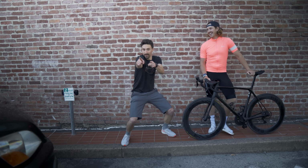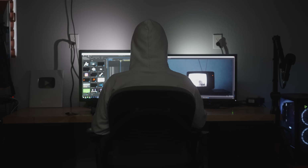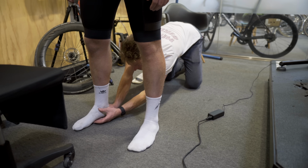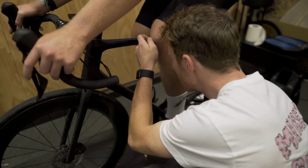Okay, so full transparency, we actually got his fit last week with our boy Jackson up at the Mike's Bikes in San Rafael. But I've been really busy editing this week, so I haven't ridden my bike yet, which I'm looking forward to. We're going to do that at the end of this episode and try it out. But I want to kind of walk you guys through what Jackson did for this fit, because it blew me away. Yeah, so let's just talk about the top 3, 5 maybe things during your bike fit that surprised you most,